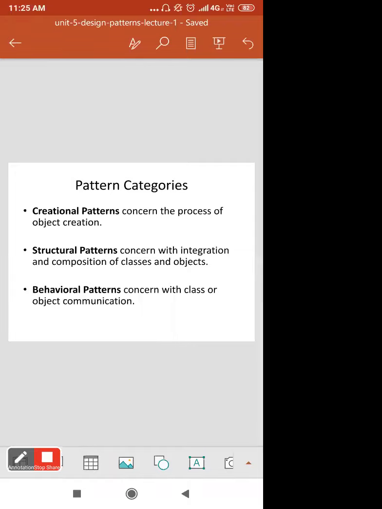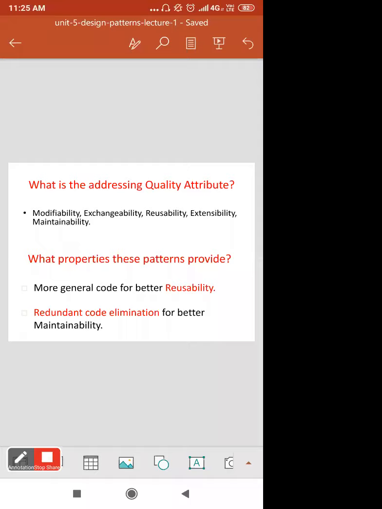Now let's look at the necessary quality attributes while designing these patterns. You have already studied these in software engineering: modifiability, exchangeability, reusability, extensibility, and maintainability.